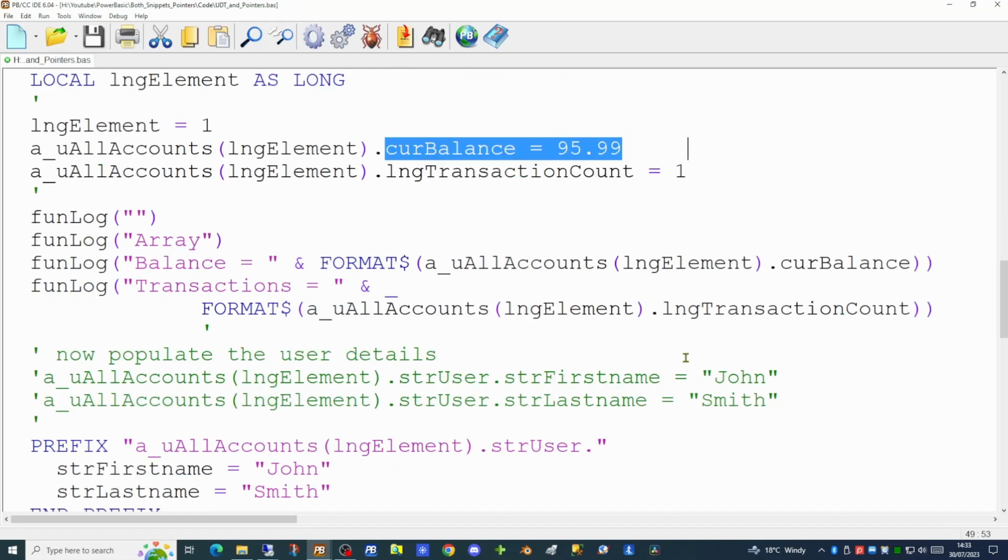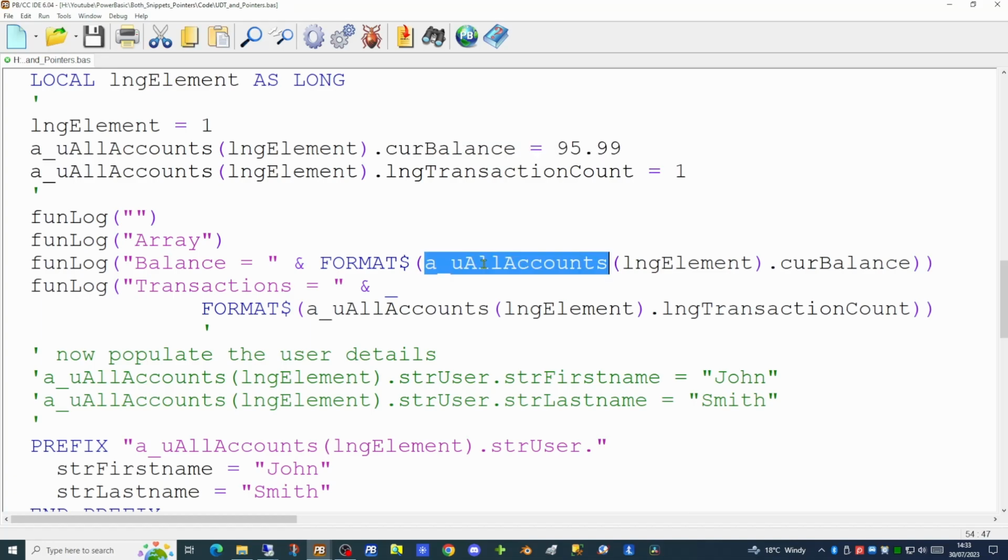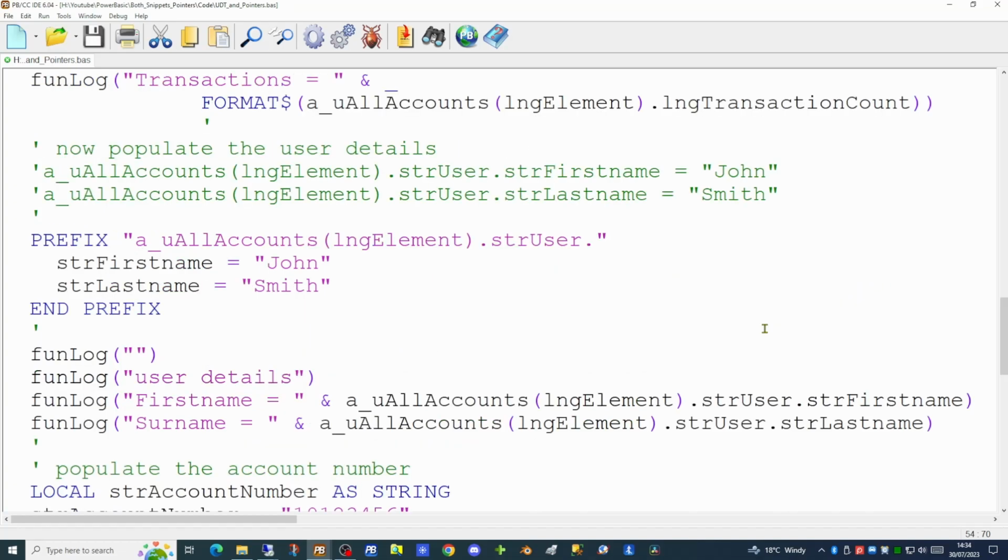Further down in the code, we have actually printed the details from inside the array out to our log, using the name of the array, the element number of the array, and the property you're actually looking for, in this case the balance. Further down the code again, we're populating the user information, which is stored within the user element